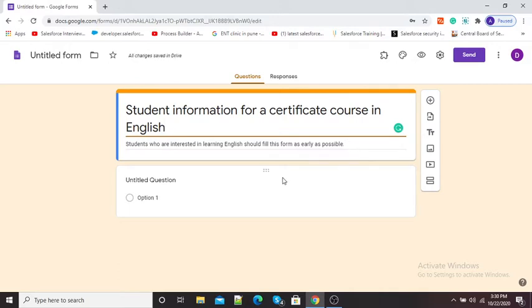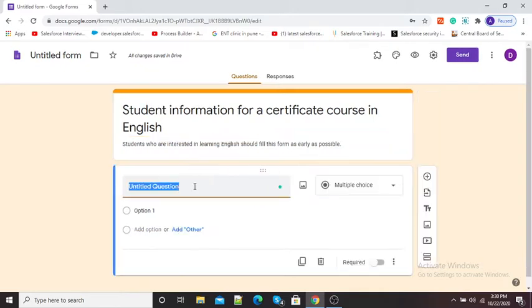Now to start with the questions, here you can see untitled question is there. So I will click here on this untitled question and I will start designing questions. So first question is student name starting with surname.